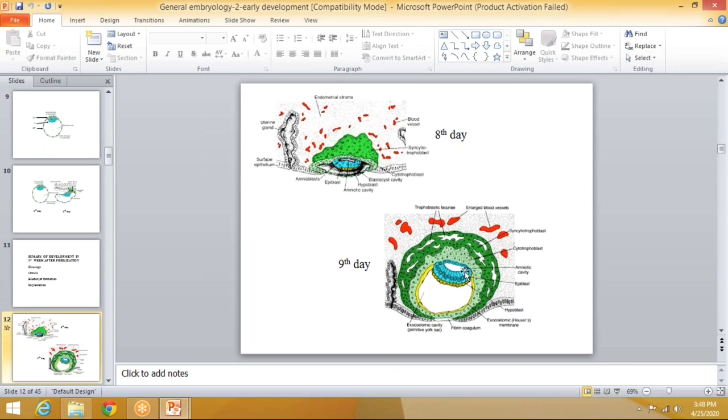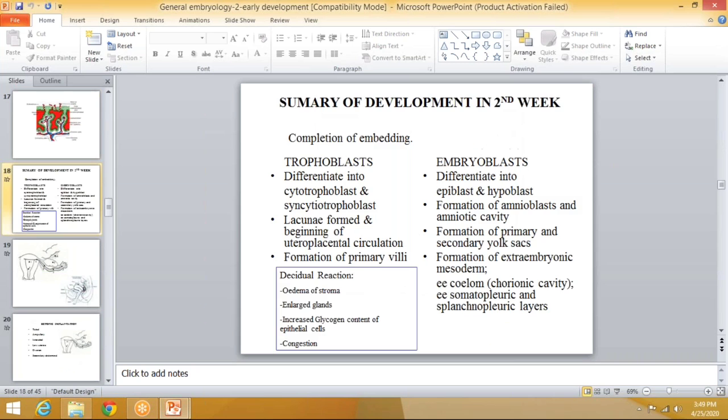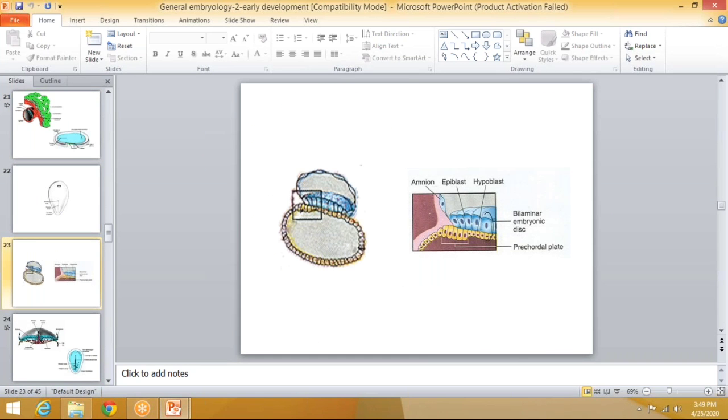This is the amniotic cavity. So the inner cell mass is separating the trophoblast by a cavity known as the amniotic cavity. So this is the primary yolk sac. We won't be discussing all these layers because these are the layers of the placenta. Now coming to this diagram. This is the cranial end of the embryonic disc, this is the caudal end, this is the amniotic cavity, this is the yolk sac. Now some of the cells of the endoderm get enlarged towards the cranial end to form the prechordal plate.